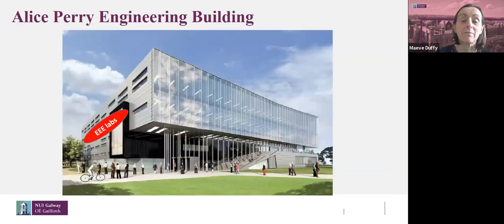And the other highlight that we're quite proud of is our engineering building. We've only recently stopped calling it our new engineering building, but it's called the Alice Perry Engineering Building, after the first female graduate of engineering from the UK and Ireland, Alice Perry. So this allowed us, we were in different buildings located across the campus. Ourselves, we were down in Nuns Island, but this building has allowed us all to come together